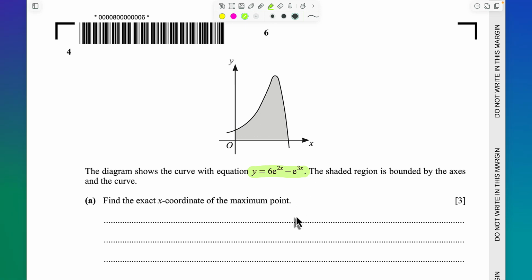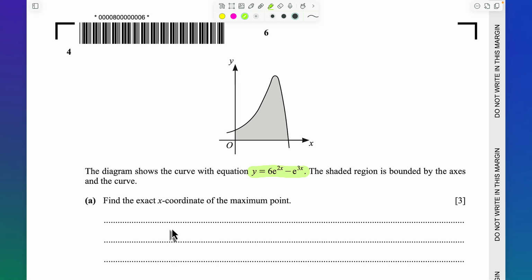the power of 2x minus e to the power of 3x. The shaded region is bounded by the axes and the curve, so we can just see that from the equation. And then part A of the question says, find the exact x coordinate